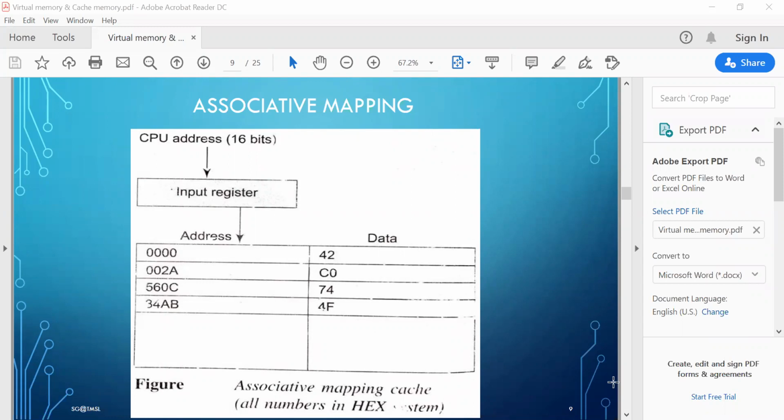So what is the advantage of it? It is easy to implement and it is very fast. Okay, but the disadvantage of associative mapping is that it is expensive compared to the RAM, because of the additional storage of addresses with data in the cache memory, it is much more expensive than the RAM. Okay, so actually in this example, what is given is that we are